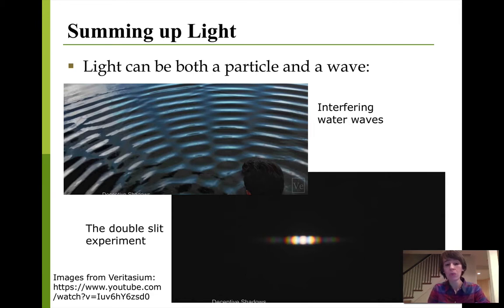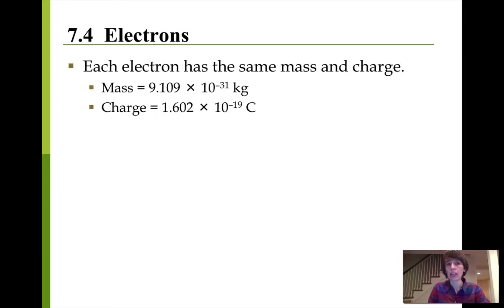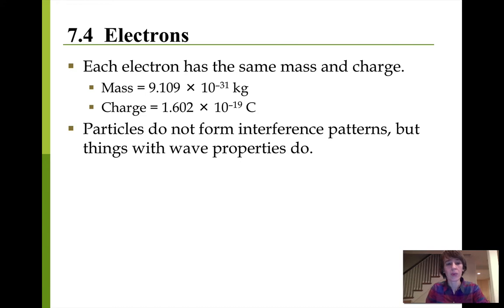And we're now going to move on to considering how that interaction between light and matter tells us more about electrons. Based on the experiments of scientists in the late 1800s, early 1900s, we know something about electrons. We know they have mass and charge. They're quite small, but we have actual measurements of the mass and charge of an electron. So just the fact that we have those pieces of information makes us think that an electron would just be considered a particle, right?